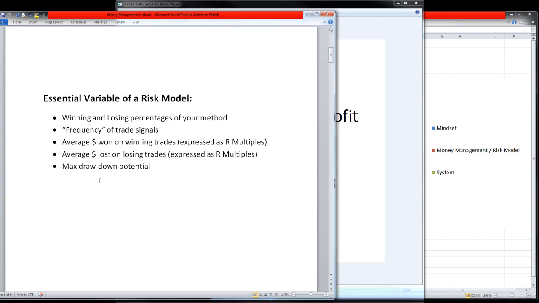So if you've already dealt with the fact that you can go through a string of losers, let's say, for example, you have a system that does produce a 60% strike rate. Now within that 60% strike rate, you might take 200 trades in a year. It's very likely that within that 200 trade sample, even striking at 60%, you could come across a string of losses of 10 trades in a